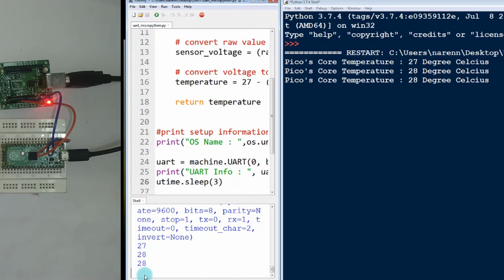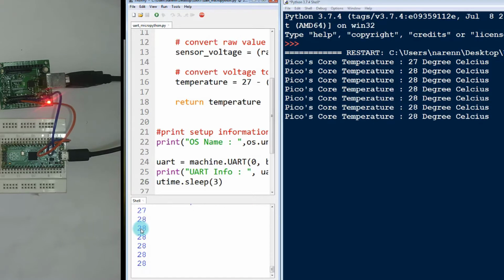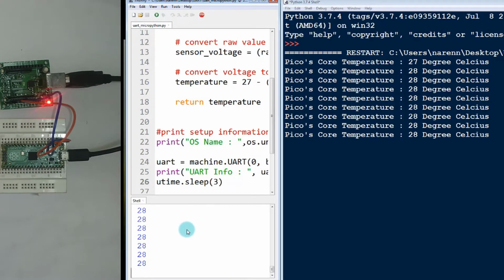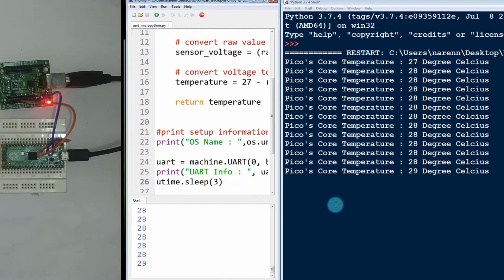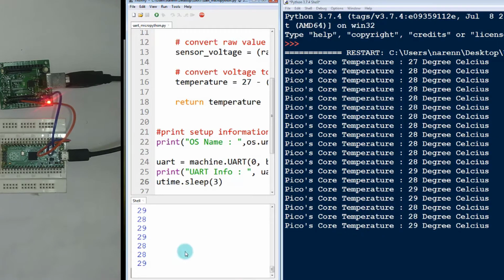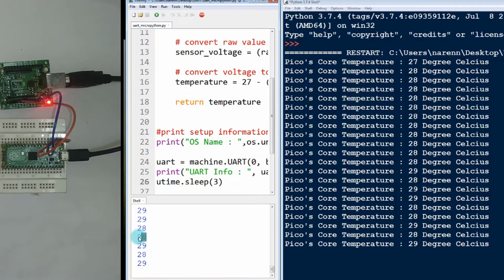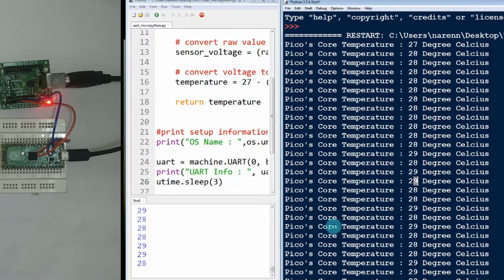Now you can see that the MicroPython script is sending the data serially to the Python console, and here you can see the same data is being printed. This shows the core temperature of the Raspberry Pi Pico in degrees Celsius. This is the data value, these 2 bytes of data, and here you are receiving these data.